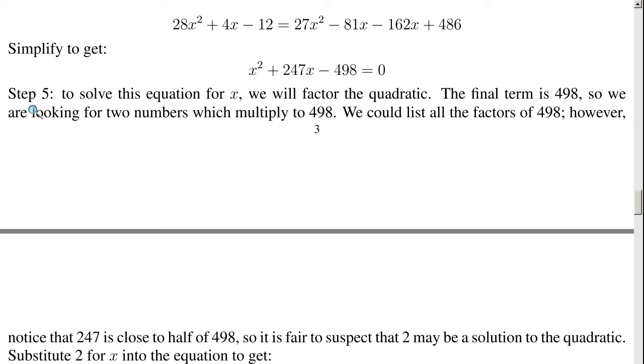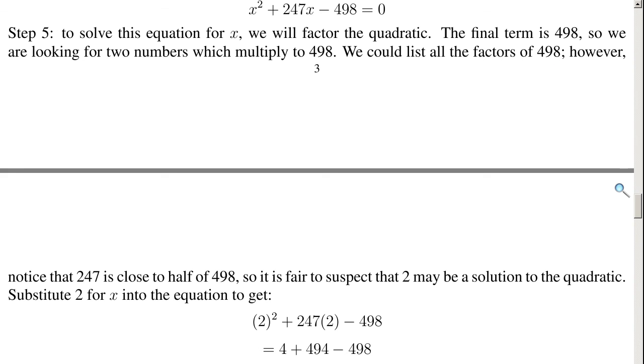Step 5 says, to solve this equation for x, we will factor the quadratic. The final term is negative 498. We are looking for two numbers which multiply to negative 498. We could list all the factors of negative 498, however,